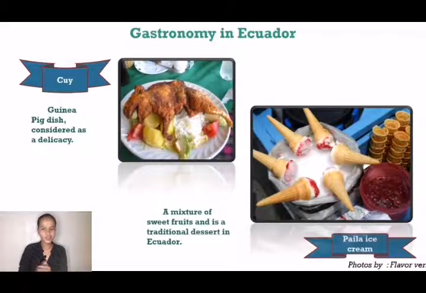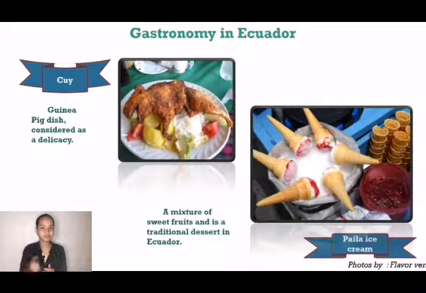While this dish may be hard for some visitors to comprehend, it is a huge part of Ecuadorian culture. Cuy is what Ecuadorians call the South American guinea pig dish that they consider a delicacy. The taste of cuy is similar to chicken wings, and many visitors who have tried the dish have enjoyed it.